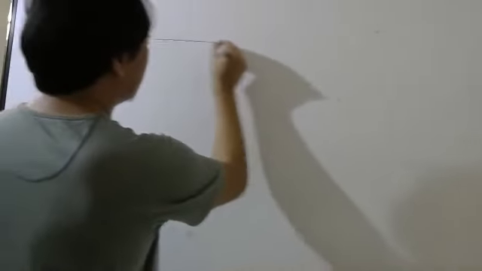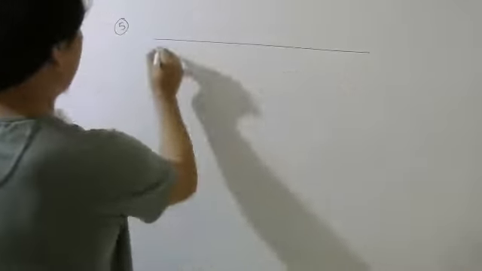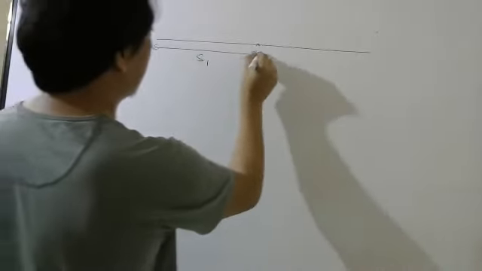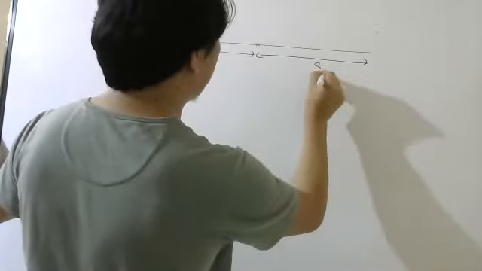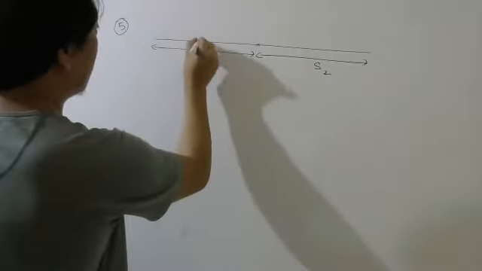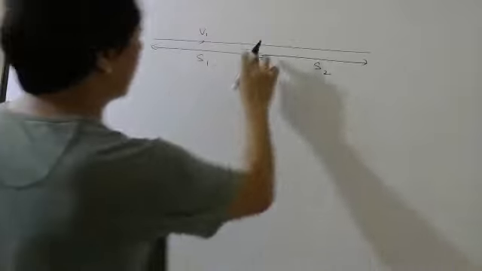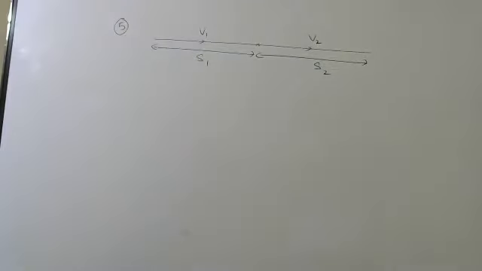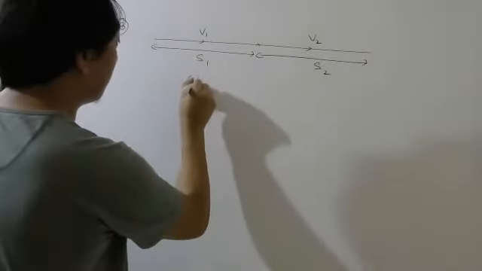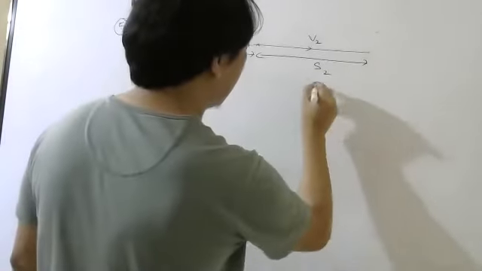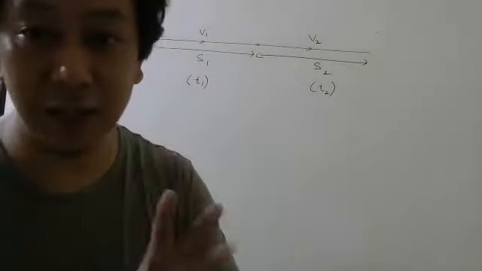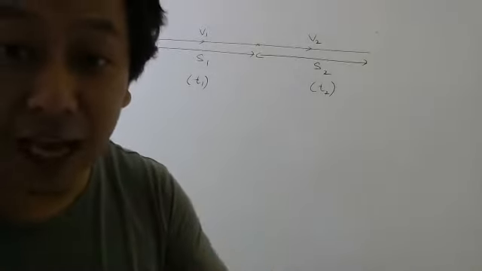So listen carefully. Let us say the whole distance is divided into two parts. So from here to here, displacement is S1. From here to here, displacement is S2. From here to here, it travels with constant velocity v1. From here to here, it travels with constant velocity v2. Okay, students. From here to here, time taken, let me write t1. From here to here, let me write time taken t2. So what are t1, t2? t1, t2 are not time. t1, t2 are time taken.